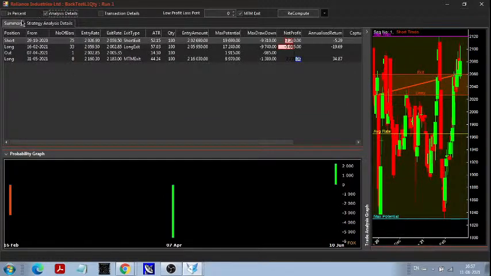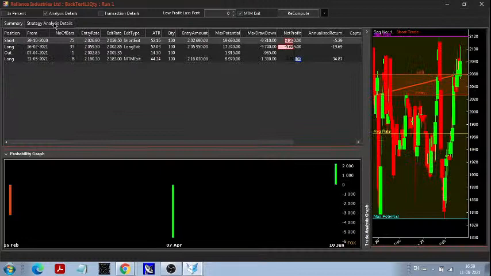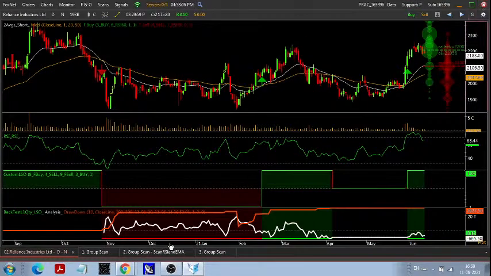In the summary tab, you can see how many long calls and short calls there are. In this strategy, there are a total of 3 calls, 1 profit making and 2 loss making. So this is how you can do backtesting. And the group report you can see for the group, whether it is a profit or a loss.